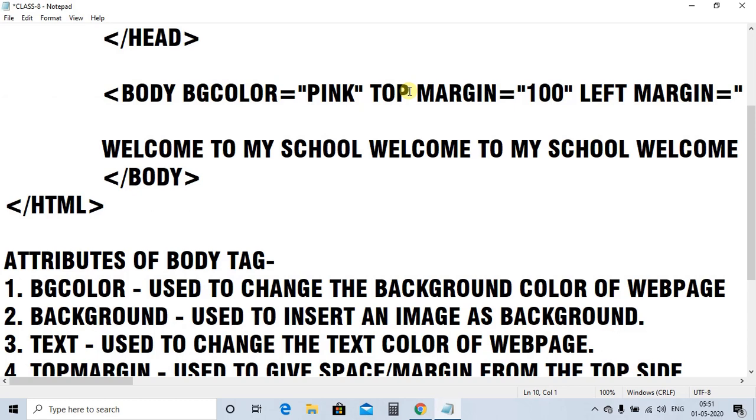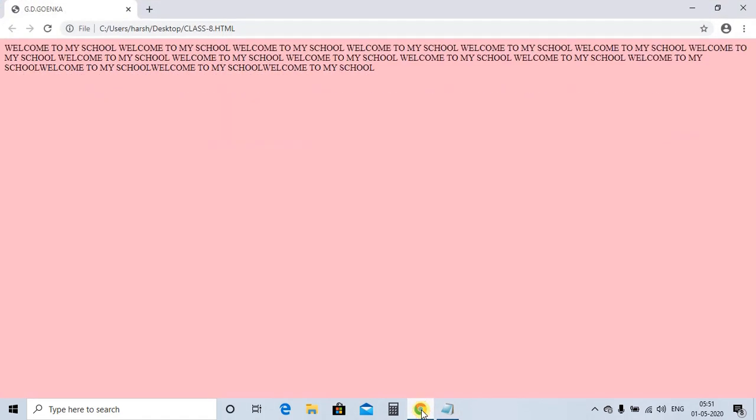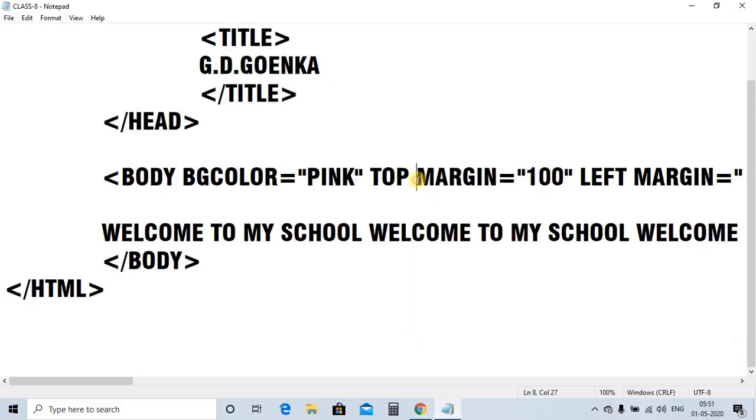So if you are using it in such a way, what will happen? Save it and F5. See, the margins are not coming. Why? Because we have given a space between the top and margin. There should be no space when you are writing an attribute name.